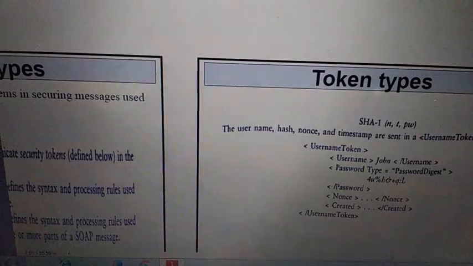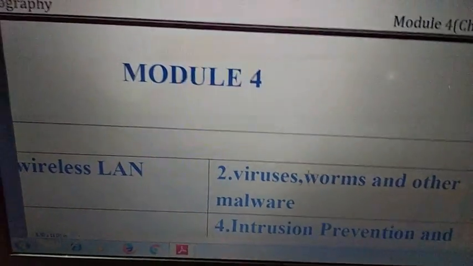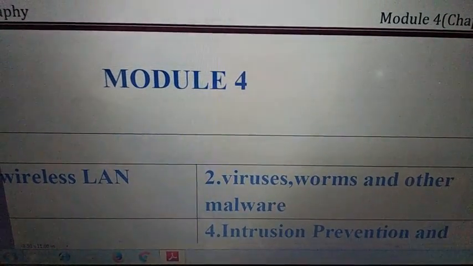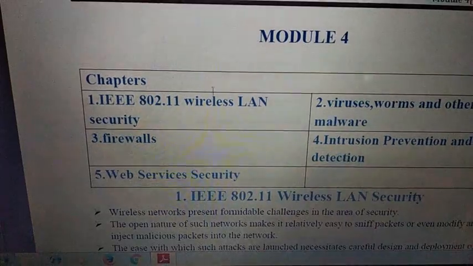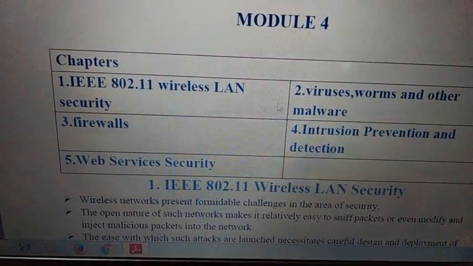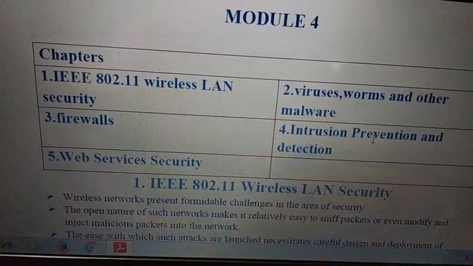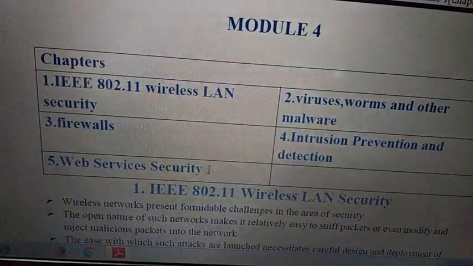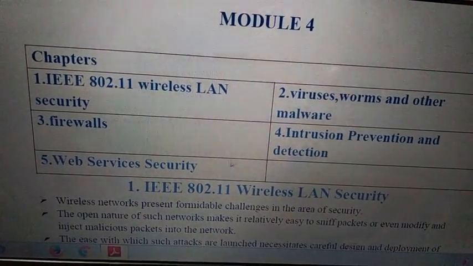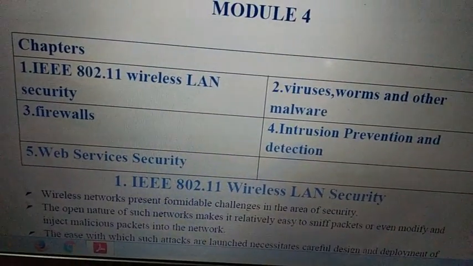The fifth chapter of module 4. So we discussed here IEEE 802 wireless LAN security, viruses, worms and other malware, firewalls, intrusion prevention and detection, and web service security. These are the five chapters of module 4. That completes module 4. Okay. Thank you.